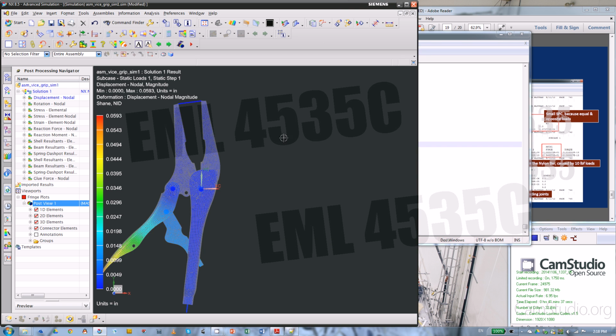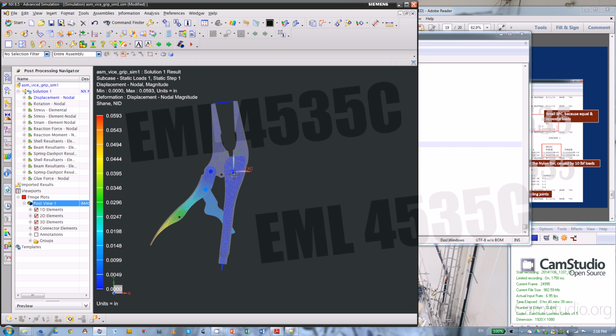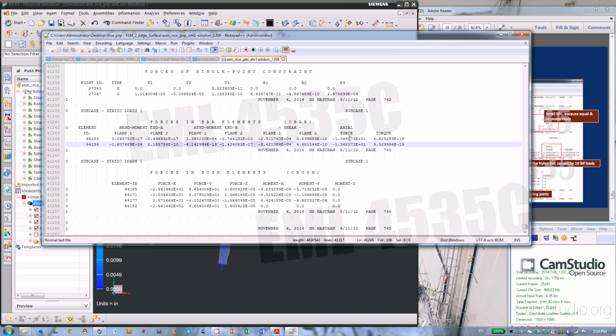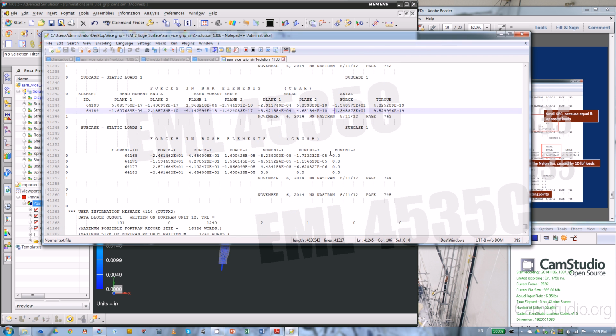So, if you look at the geometry, the length from your force to the rotation center, then to the other side, it's pretty much the same. It's very close. So if you want to get bigger forces on the jaw, you should have a shorter needle nose on the jaw. Okay, then next is your bushings, and the